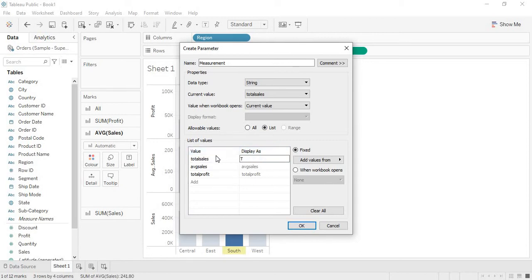So this will be the value which is passed to the measurement value when the user selects, and this is the display value which will be shown to the user.